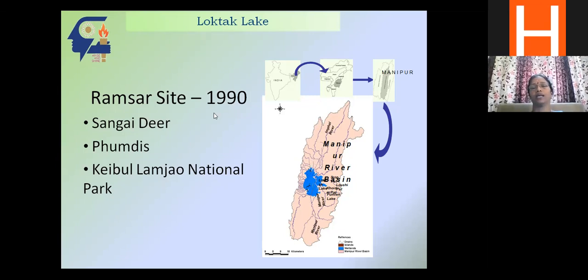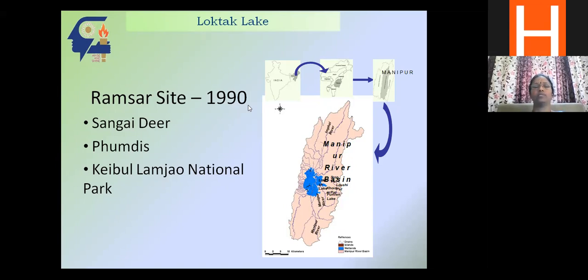So this is a Ramsar site. A Ramsar site is a site identified as being of international importance, so it has to be conserved. We have a convention called the Ramsar Convention. Throughout the world, it identifies some places and tries to maintain them. Of course, funding is also provided by Wetlands International, something like that.